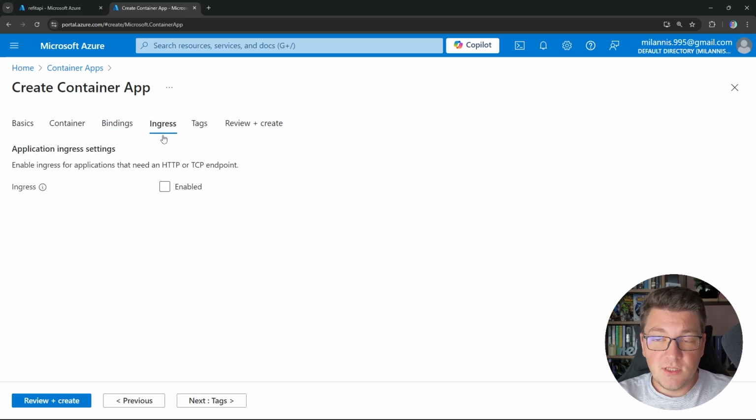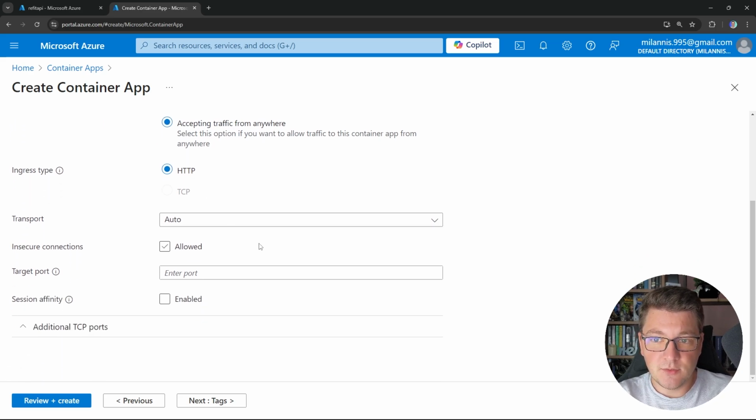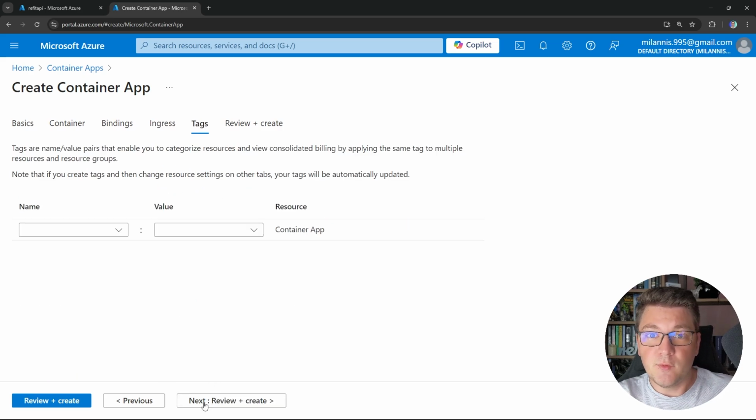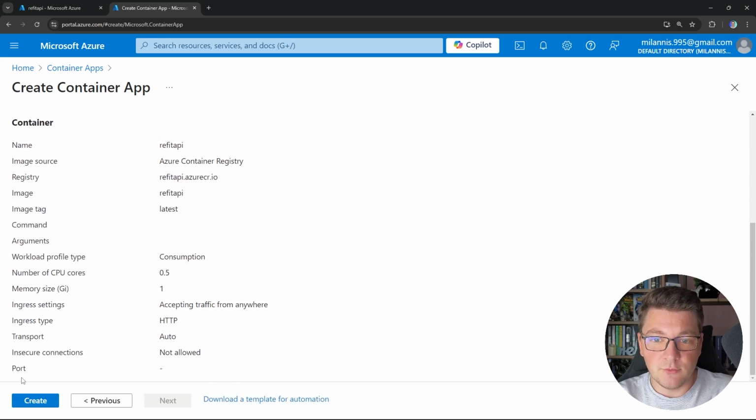Now I'm going to move into the Ingress tab, where I'm going to click Enabled, and this is going to allow me to expose my container to the outside world. And I'm going to choose accepting traffic from anywhere over HTTP, and the other options I'm going to leave as default. So I'm happy with this. Now my container will be accessible, and because this is a web API, we'll be able to call the API endpoints. I'm going to now create my container app,